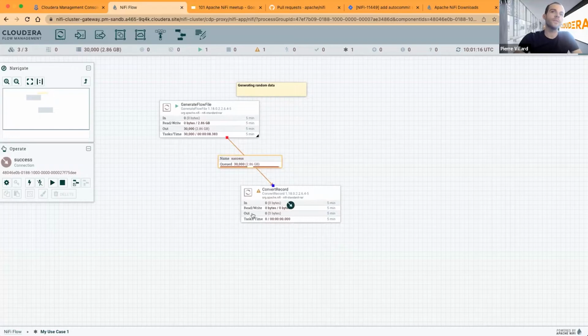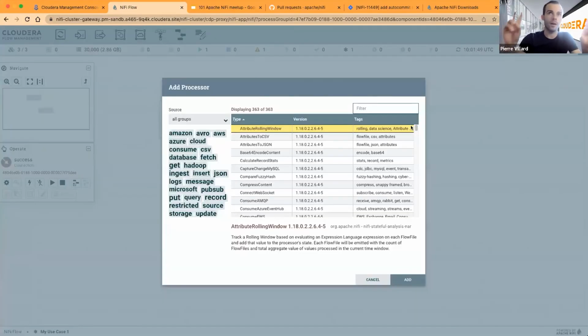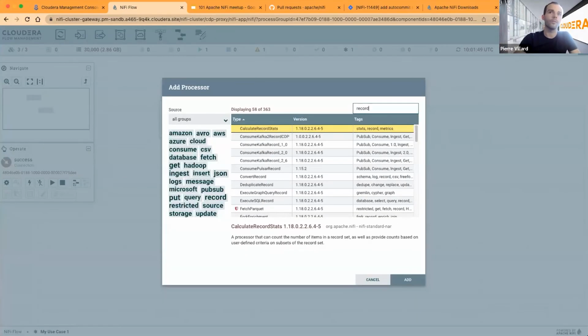Something that is important in NiFi that has been around for many years now, but I keep talking about it because this is extremely important. In NiFi, we have this concept of record. And we have a bunch of processors that are record aware, record oriented, where you can leverage this records, let's